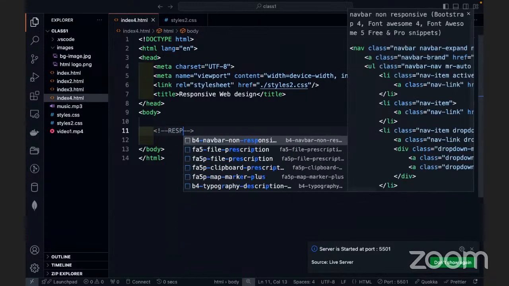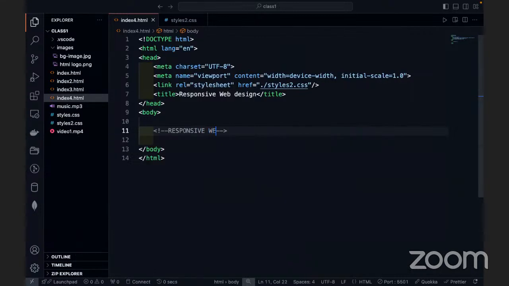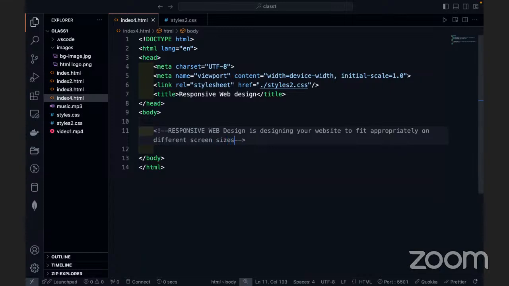Responsive web design is designing your websites to fit appropriately on different screen sizes. At the end of the day, your website is going to be viewed on